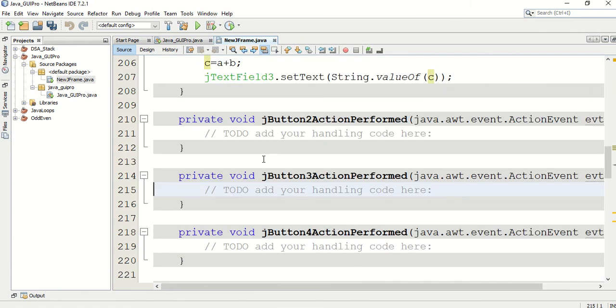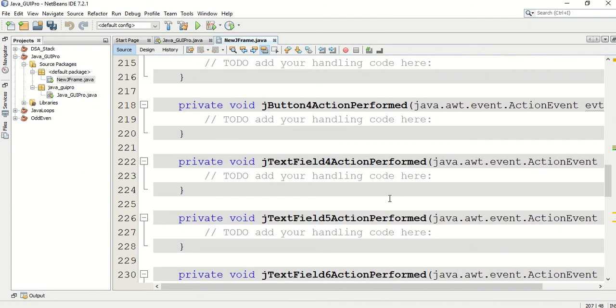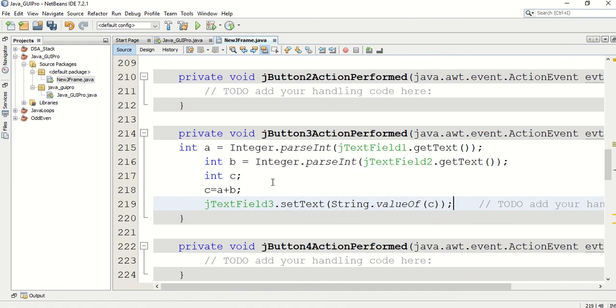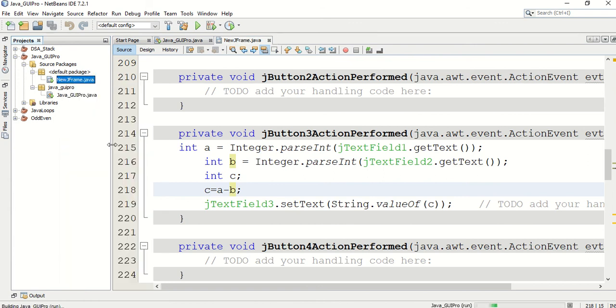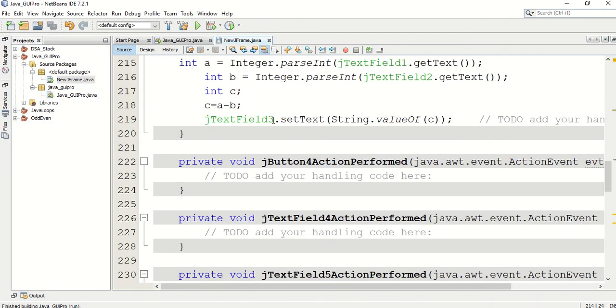Action button 3. 40, 10, sum 50. Here we need to change that particular text field; not 3, this is 4.